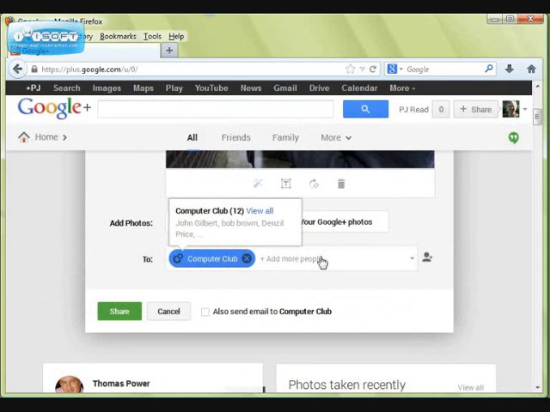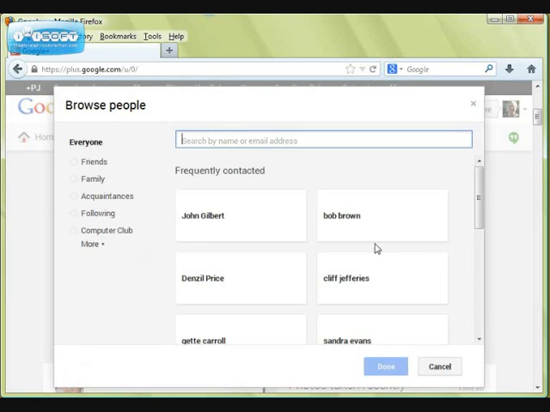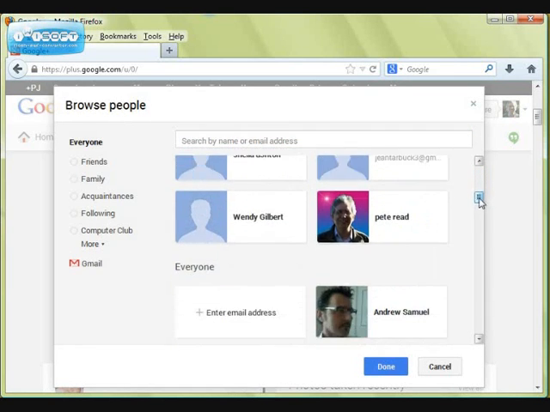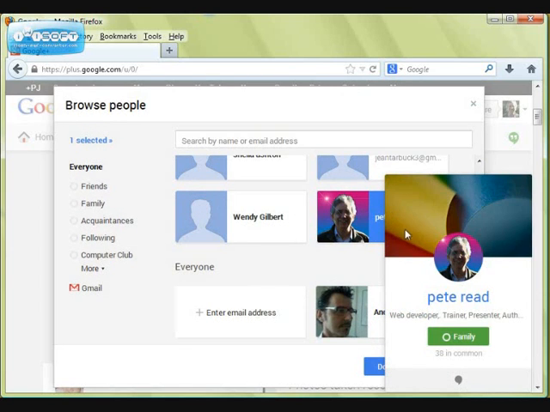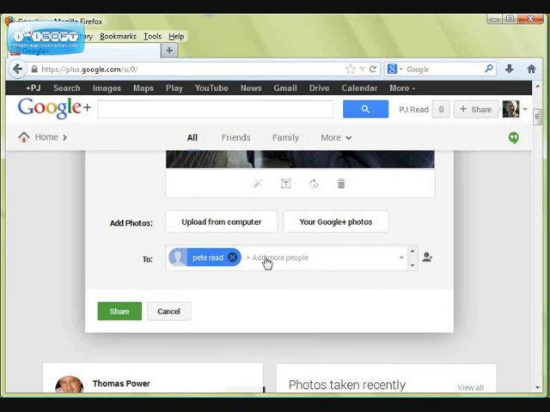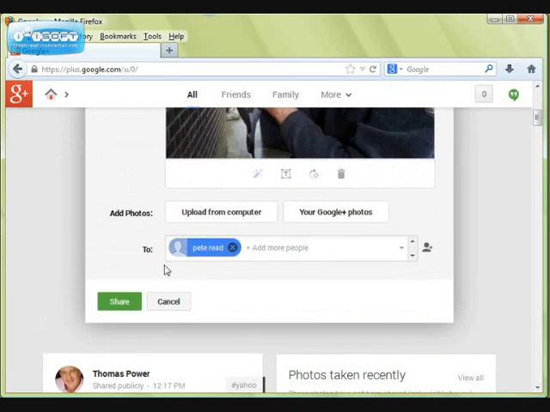and again underneath here I can actually also say that this image is only going to be shared with people in the computer club. Now I could say that no, the computer club is not going to see this one. I'm actually only going to share this one with somebody else. So I can actually come down here and I could say Pete Reed is the only person who can actually see that one, and done. And now nobody else in the world except Pete Reed would be able to see that fascinating photograph of me with a pigeon. So here I would be able then to share that,